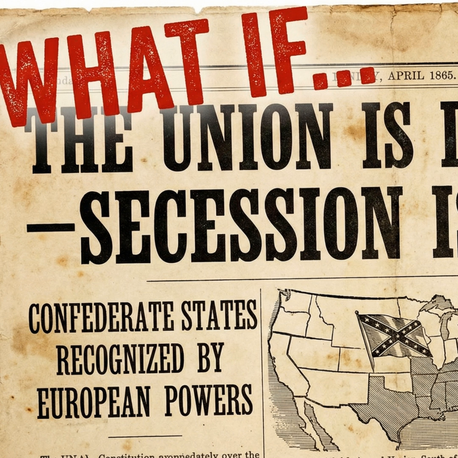The models all start by altering a real-world powder keg, the Trent incident of November 1861. Right. In our history, the U.S. Navy illegally boarded a British mail ship, the Trent, and captured 2 Confederate envoys. A huge violation of international law. It caused a massive crisis. But President Lincoln wisely defused it. He released the envoys. I think he famously said, one war at a time. But in this alternate timeline, Lincoln doesn't back down. Yeah. The crisis is not resolved peacefully.